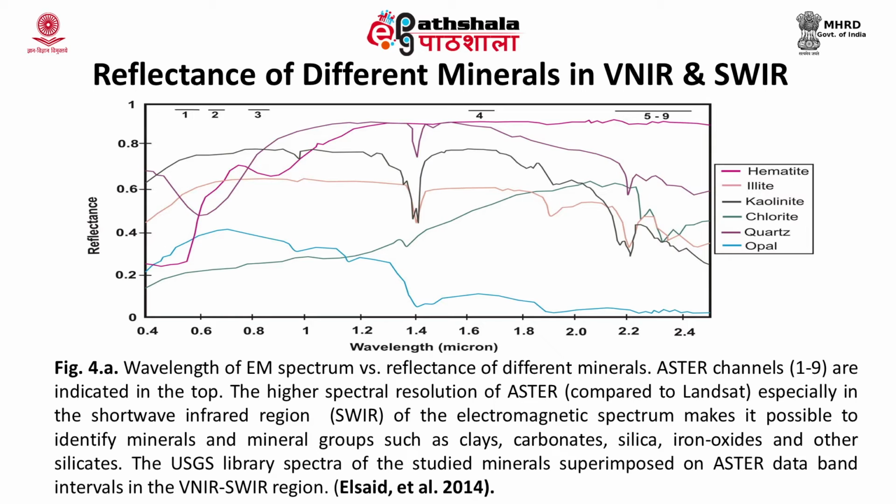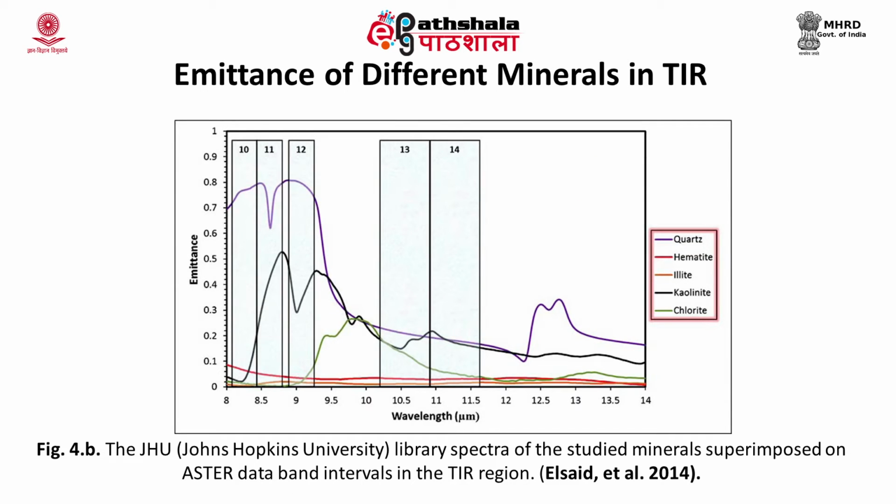And if you look at the opals, mostly cryptocrystalline or microcrystalline material, or a glassy type, it has high reflectance in the lower wavelength. As you go towards the higher wavelength, it has low reflectance. And quartz has very different reflectance at different wavelengths. Around 0.7 it has less reflectance, and as you increase the wavelength the reflectance increases, and towards 2.2 it has a low reflectance. And chlorite has higher reflectance in the